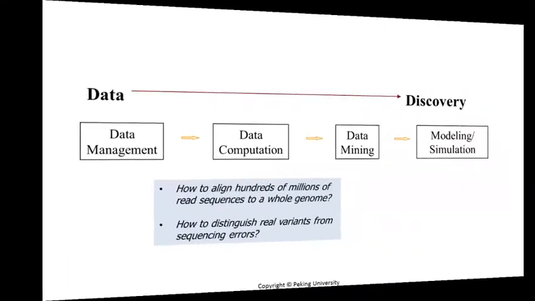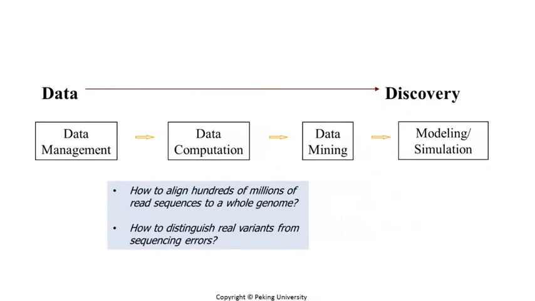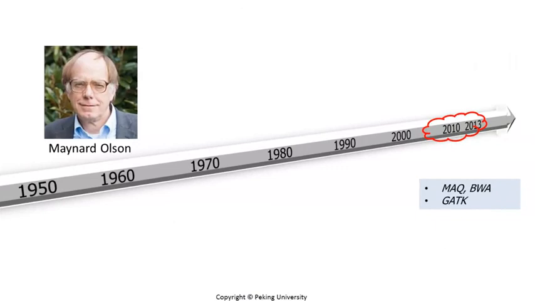The per-base error rate of these reads may be 10 to 100 times as high as that of traditional Sanger sequencing. How can we align the 900 million error-prone reads to the reference genome and distinguish the true genetic variants from sequencing errors? Methods such as MAQ, BWA, and GATK, published around the year 2000, provided solutions to these